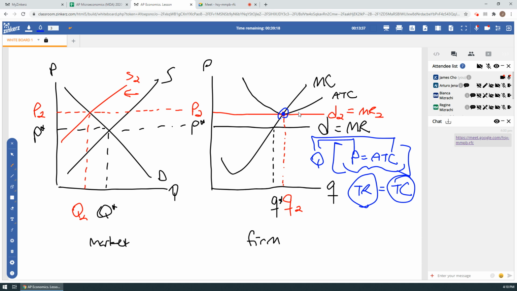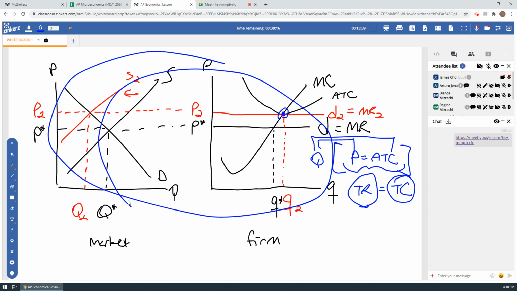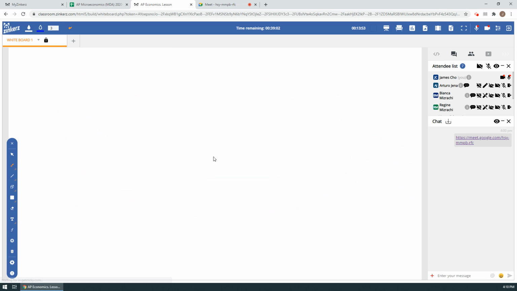For now, let's focus on this guy a little bit more and talk about why sometimes some firms decide to stick it out. Sometimes some firms decide to leave. And again, it all has to do with that idea of producing or shutting down. So we have to bring in that idea of the average variable cost again. So where we ended up yesterday, if I draw this nice and big,